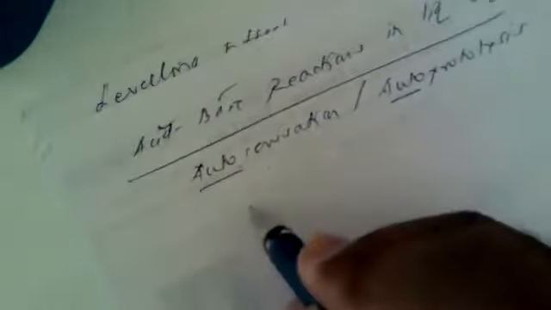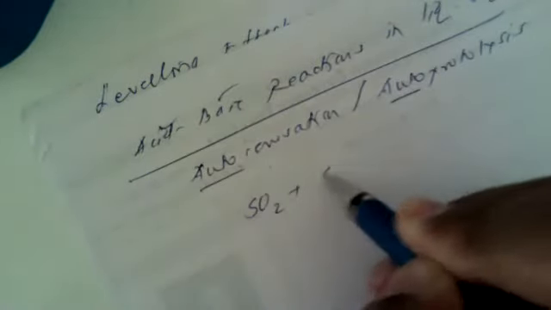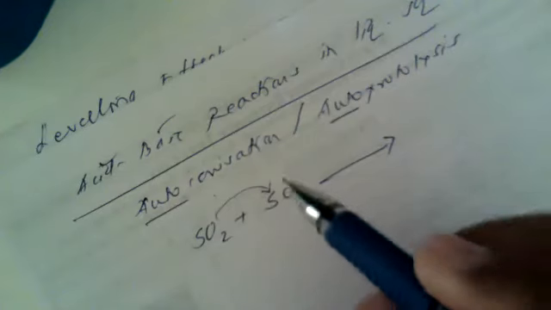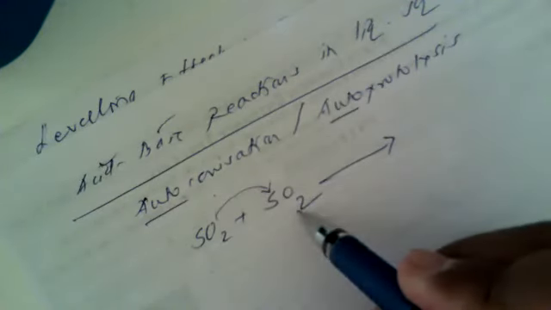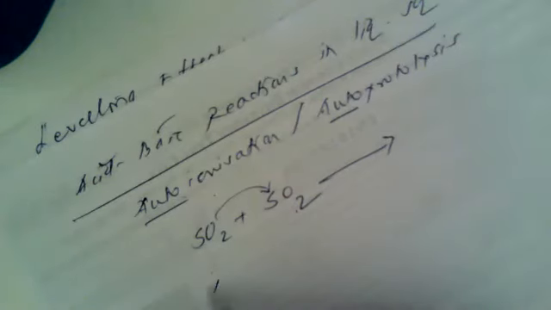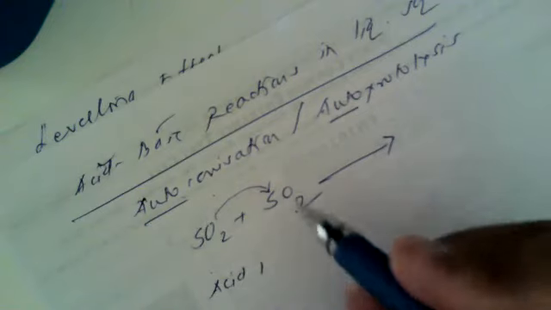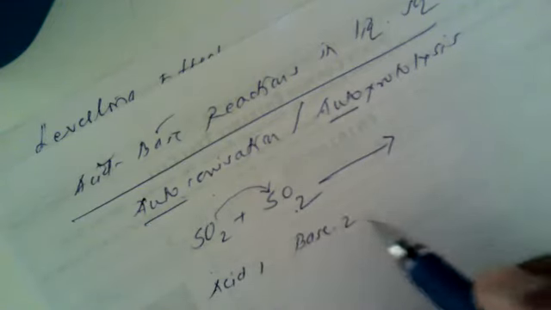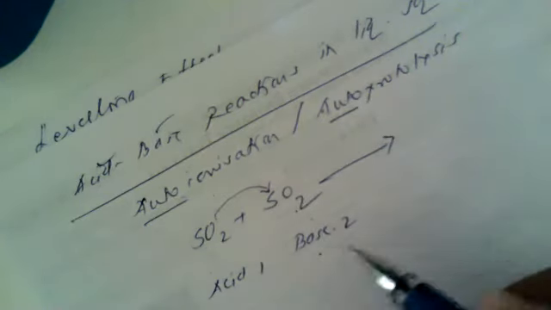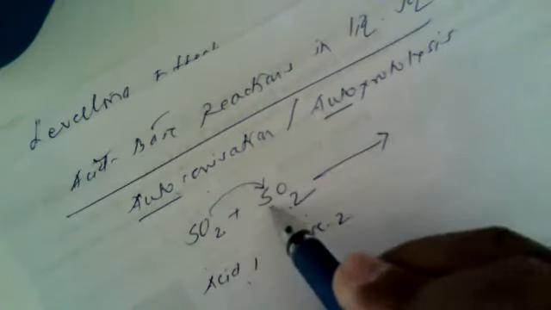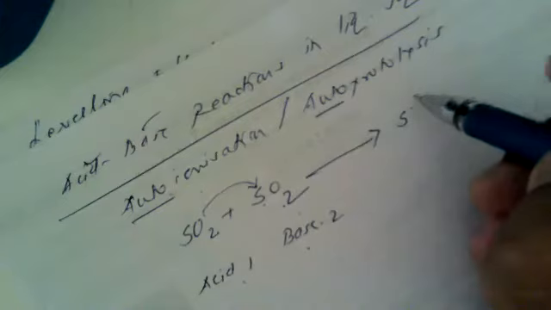in sulfur dioxide. Now suppose for example, if we take two molecules of the solvent, that is liquid sulfur dioxide, then during the course of a reaction one of the oxygens that is given by the sulfur dioxide to this another molecule of sulfur dioxide. So this SO2 is regarded as acid 1, this SO2 is regarded as a base 2. This is a solvent, hence we regard this as a base. So when one of the oxygen is given by this acid to this base, the final reaction is that